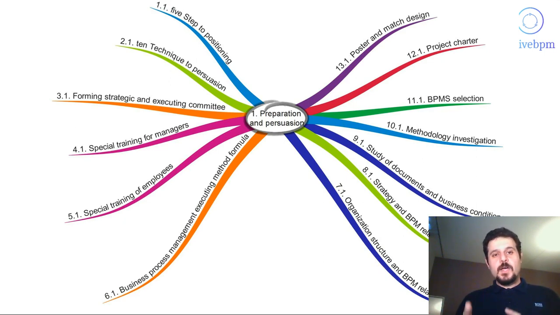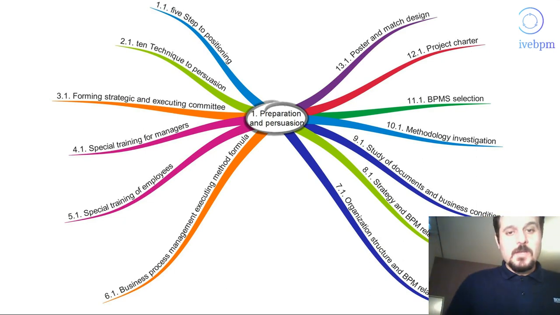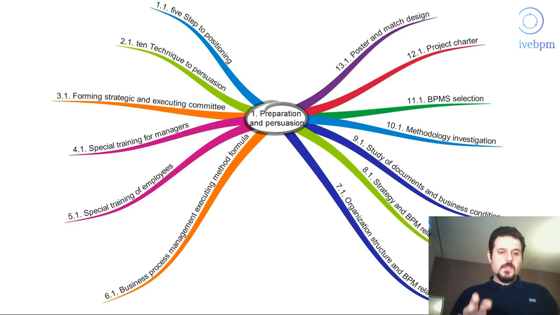If you do not do any step of this, probably you will face high resistance when you want to implement the processes. So you should be serious about each step in this phase in preparation. In training for employee, you should talk about the benefit of BPM and process orientation for the